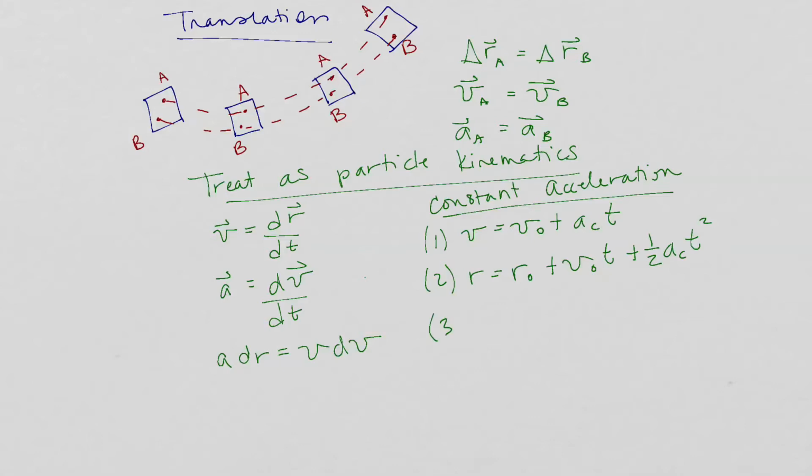And then the third equation for constant acceleration is that the velocity squared equals the initial velocity squared plus 2 a_c, that constant acceleration, times (r minus r naught), so that change in position. So if this doesn't seem familiar to you, you may want to go back in the textbook and make sure you have some understanding of that. The next thing